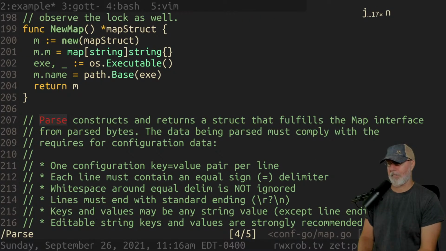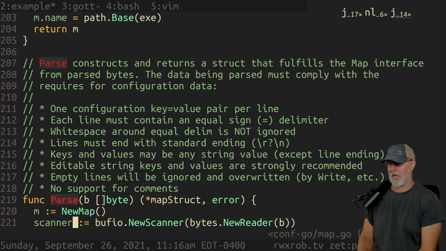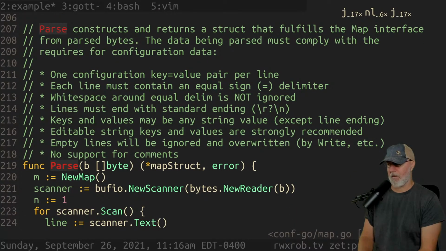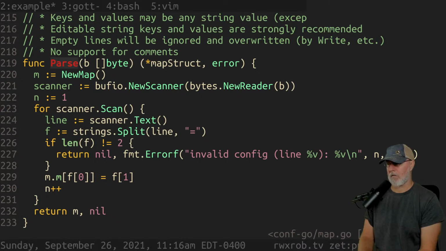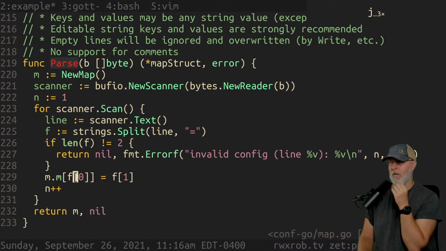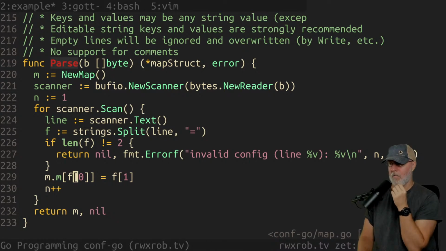So we have Parse, and then we're going to need ParseInto, and it's going to return